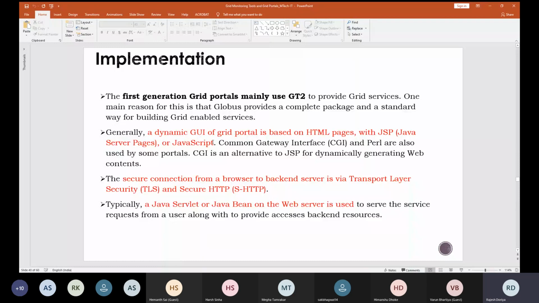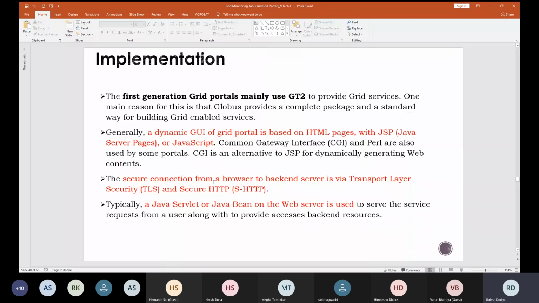So this is how typically a grid portal is created. Apart from that, some CGI and Perl can also be used to create some of the portals. Some other technologies are also there. So these are the general ways of creating grid portals.